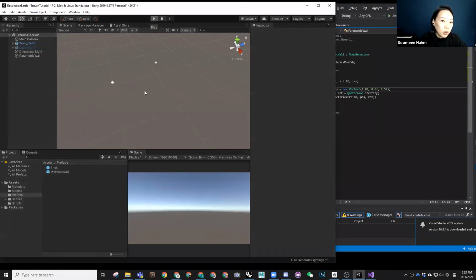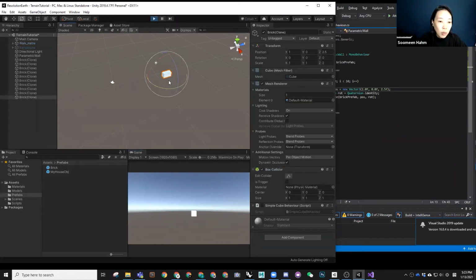maybe let me just show you what I want to do. Maybe what I want is the first one to be in this position, but the second one to be in this position, the third one to be in this position, the fourth one to be in this position. So what does that mean? The Z value should increase, isn't it? The Z value should increase by something like 2.5 or something,